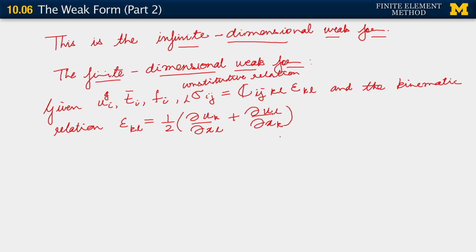Given all this, find. Now here's where things become different. Let me put it on the next line so that we can give it its due attention. Find u^h_i. As always, that superscript h reminds us that we are talking of approximations, and h is going to be related to the element size. That's all it denotes. Find u^h_i